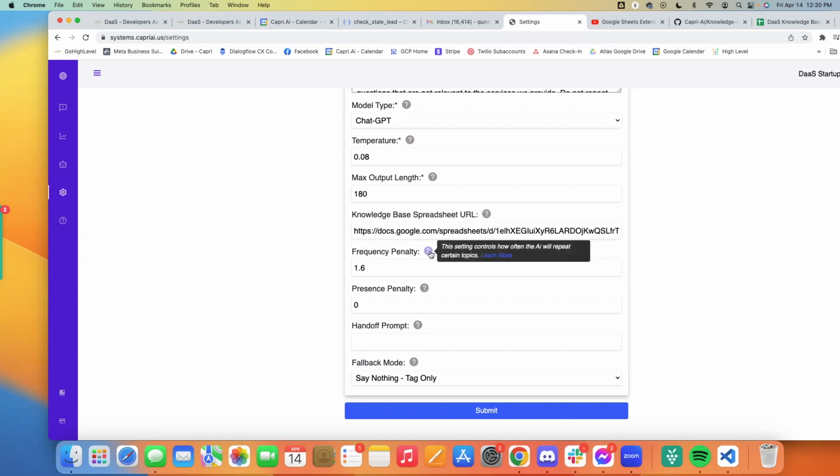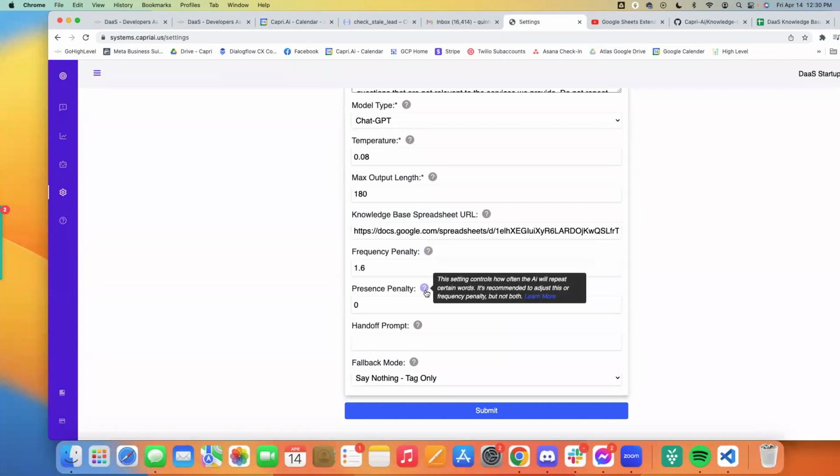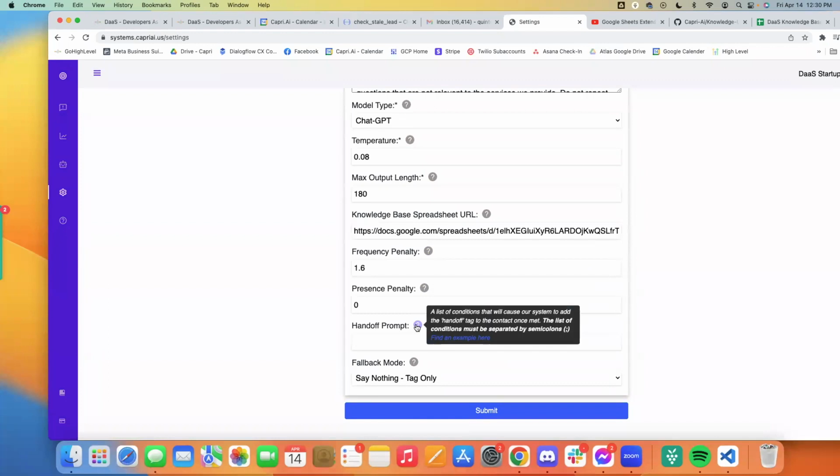Frequency penalty. This is basically how often it will repeat certain topics, like actual points of discussion, versus presence penalty, which is focused on how often it'll use the same words. So it's just kind of semantic versus syntactical difference in how it spreads out what its responses are. But yeah. And then for the handoff prompt,